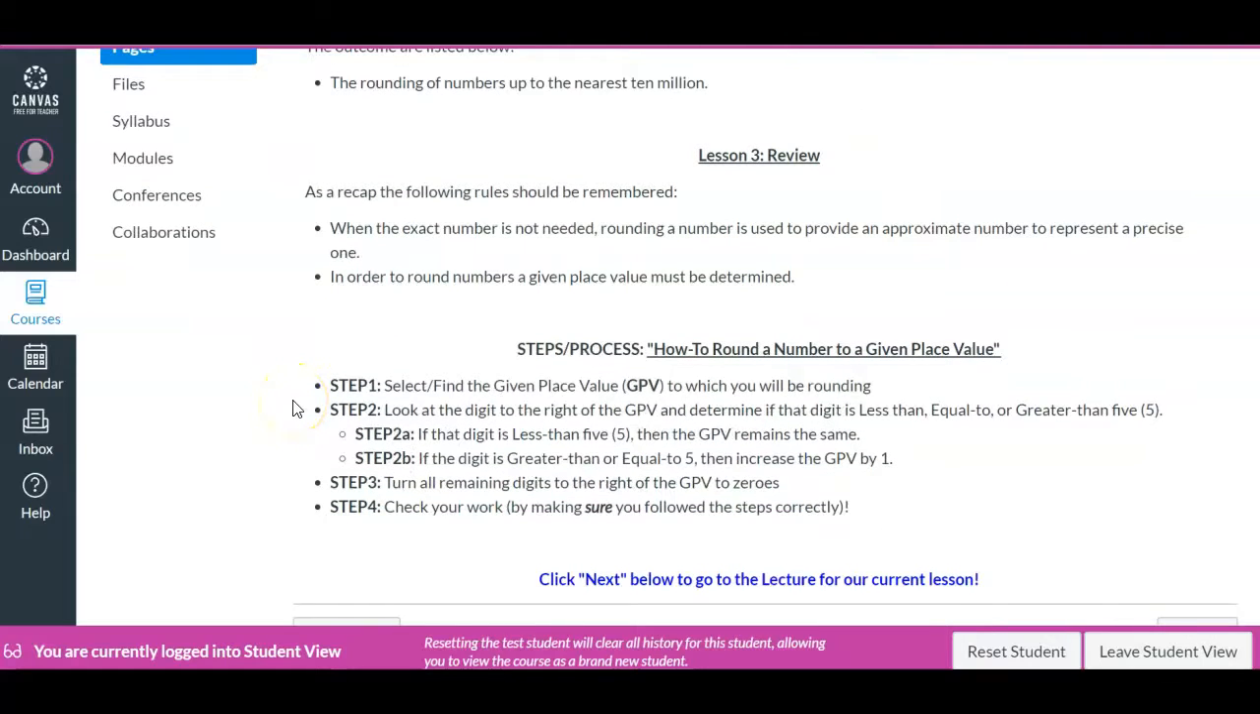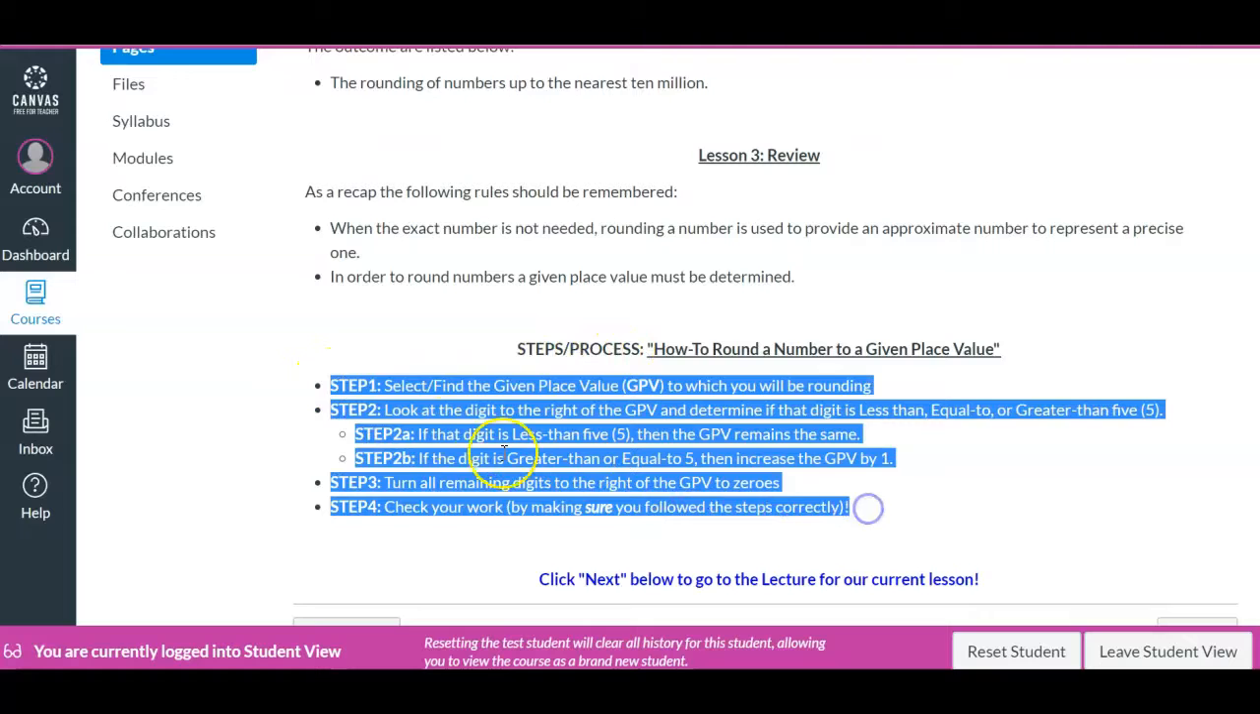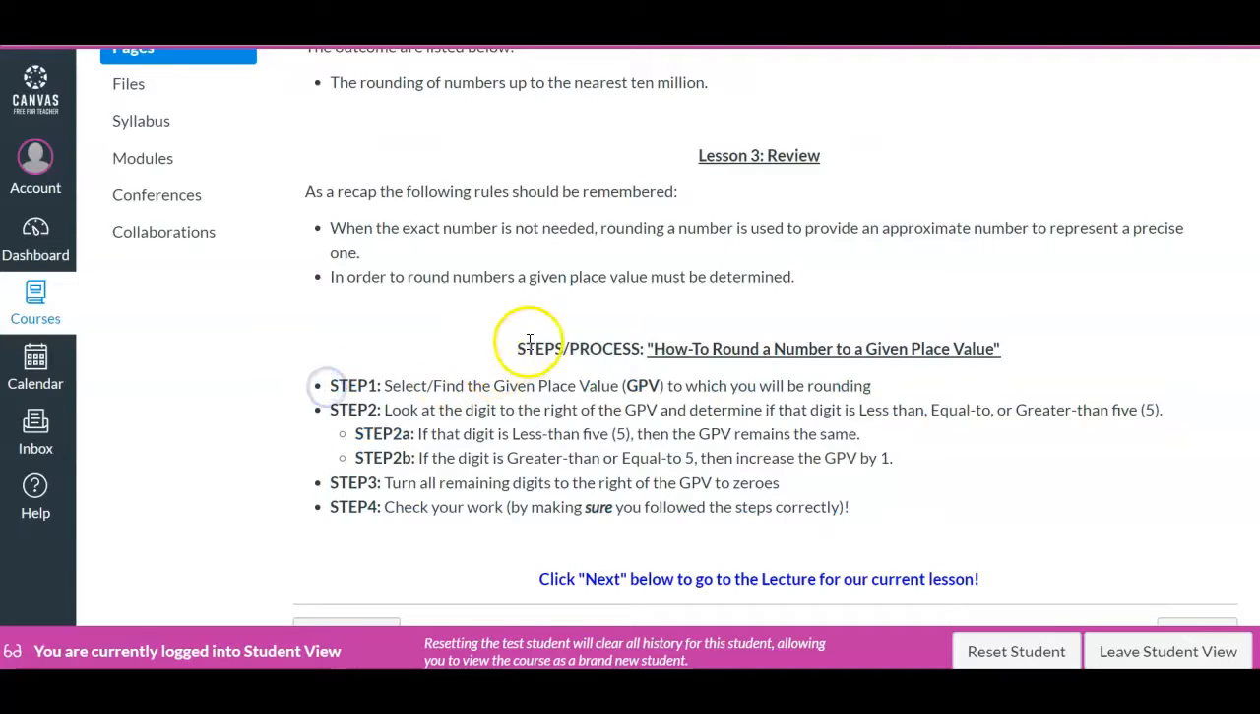So also at the end of every review are the steps and process of how to perform the operations in that number. This is great for you, Peter, because if you're ever in a situation where you're not exactly sure where your notes are, and you're not exactly sure how to perform the operation, you can always go back to the lesson reviews and get the snapshot of the steps, which are these right here. So here are the steps in the process of how to round a number to a given